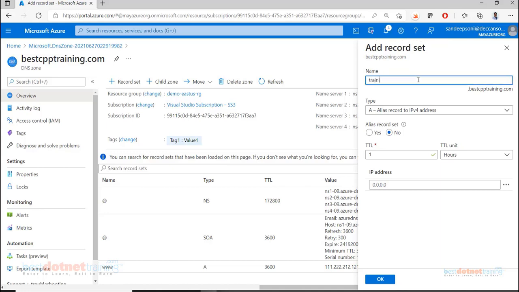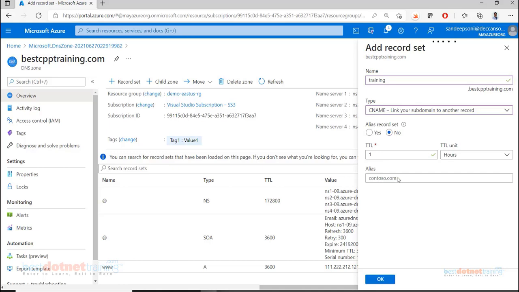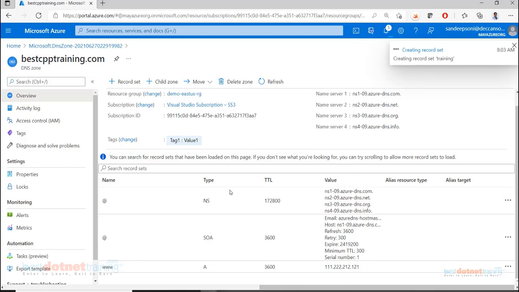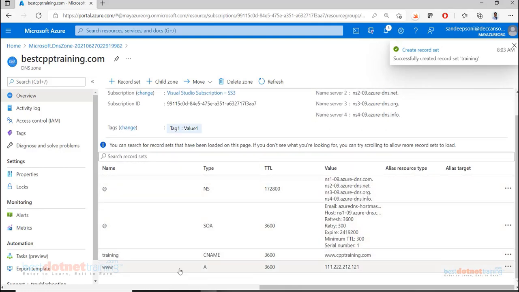Let's say training, and I create an alias CNAME record to something else, www.cpptraining.com. So like this we have to create records here. One by one all the records have to be created here.